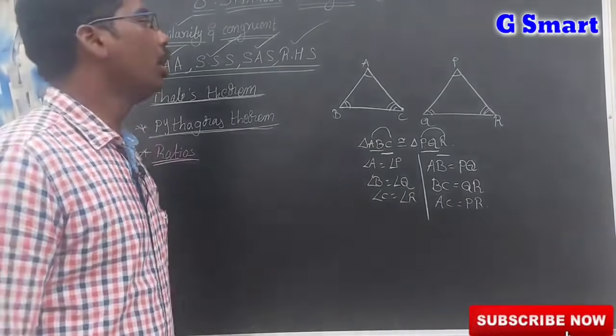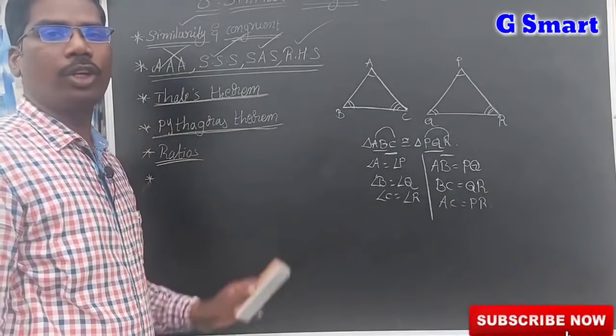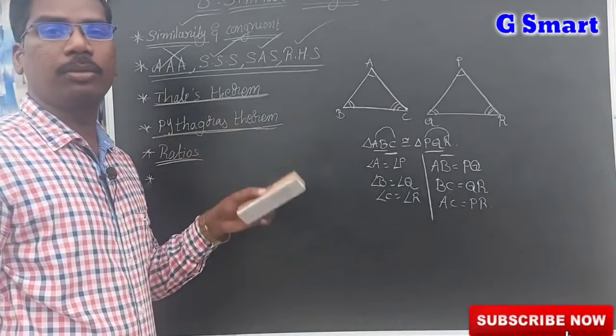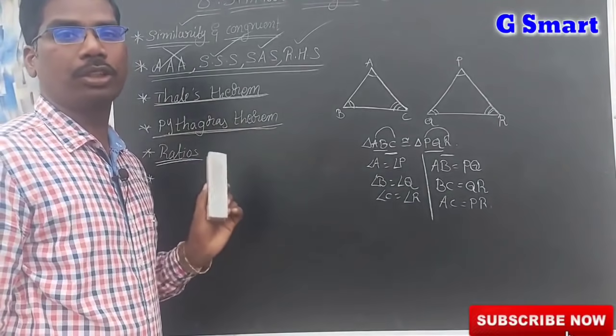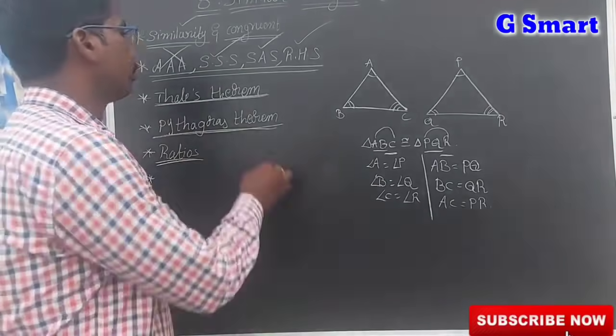Now AAA as an axiom for congruence will not be there. According to congruent properties, AAA congruent will not be there. In the concept grand test, I am going to give this as a bit, so please remember this one. AAA congruent is not there. Next,